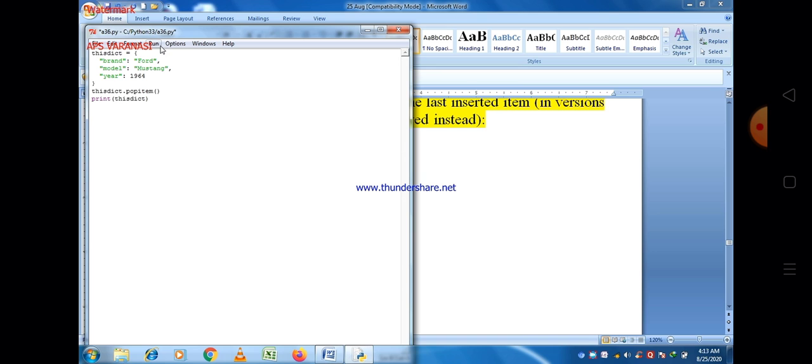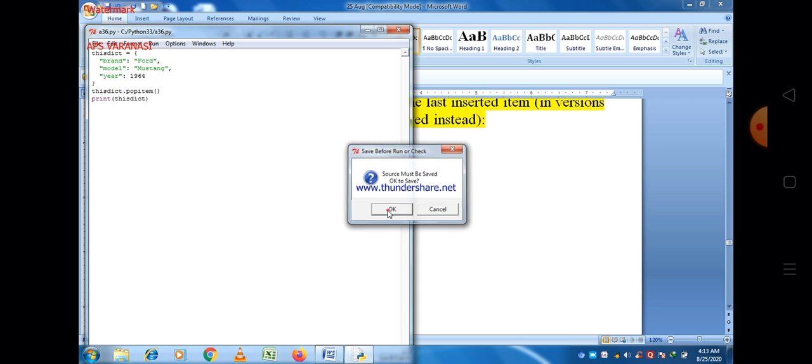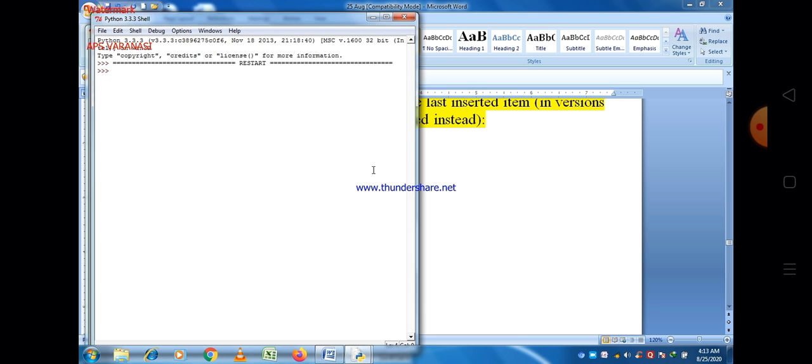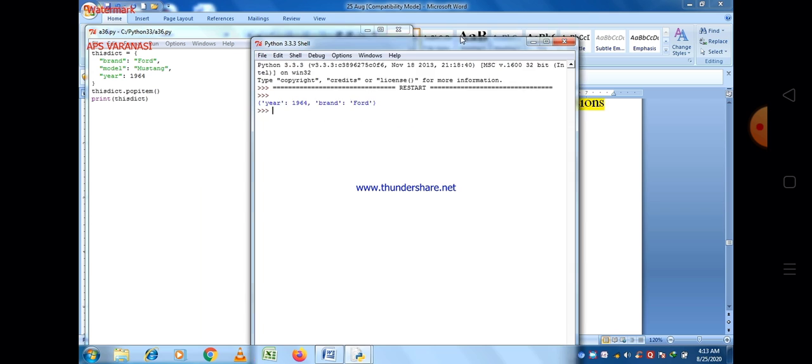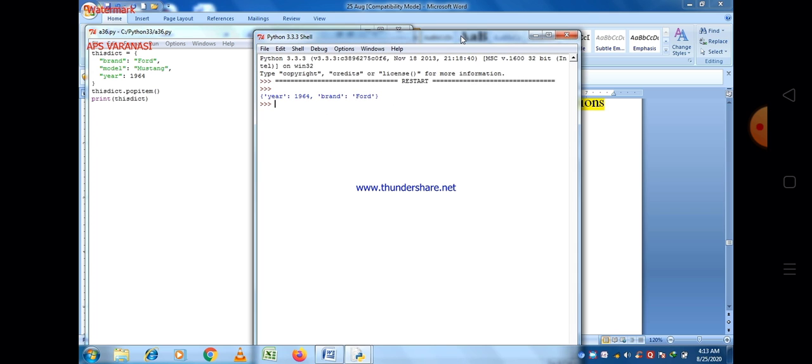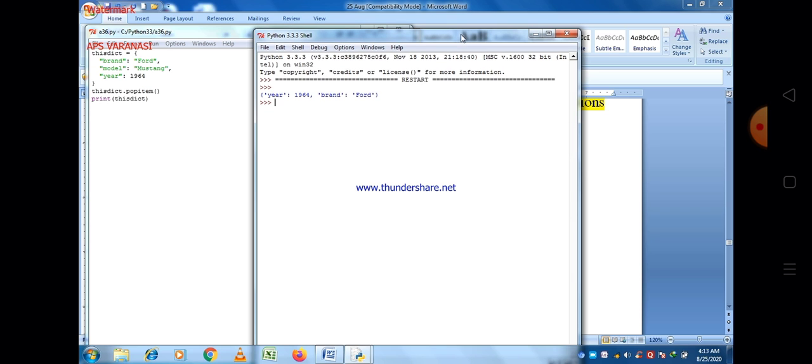Save the program first, and after that execute the program. Now you can see that year and brand are there, but model is not there. So the model key and its value are removed, which means one item is removed.